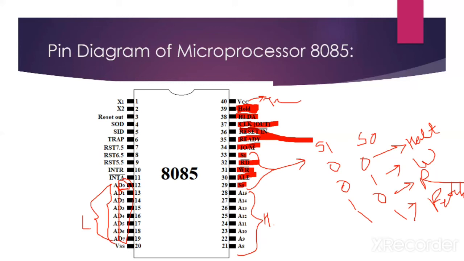In executing an instruction, during the earlier part of the cycle these lines are used as the low order address bus. During a later part of the cycle, the lines are used as data bus. However, the low order address bus can be separated from these signals by using a latch. Means we can separate them by using a latch. These are bidirectional and these are unidirectional.